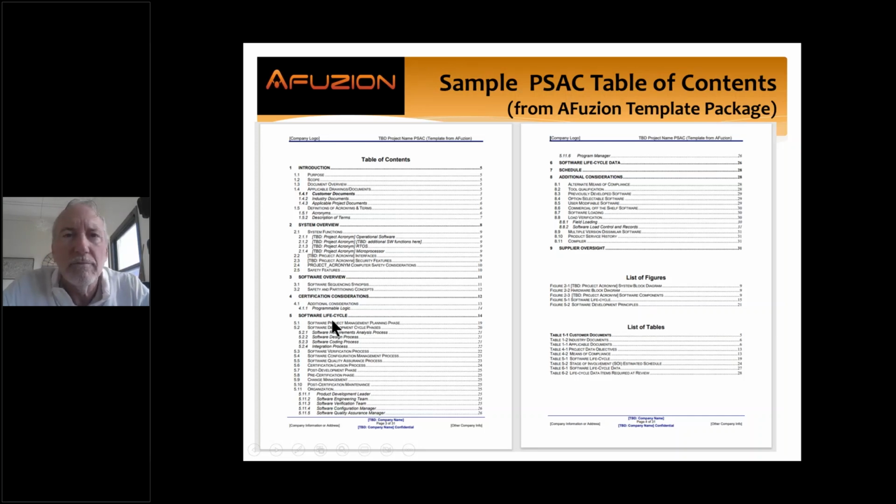Where do I get requirements? High level, low level, design, architecture. Where do I really create those? What is my verification process? CM, quality assurance. How do I perform all these, and what are my transition criteria? How do I transition inputs, outputs, entry, exit from system requirements to high level, to low level architecture design, to code, integration, tests? What's my organization look like? Am I outsourcing? What additional considerations do I have? Alternative means of compliance, tools, previously developed software, options, flexible, user modifiable, all these things.